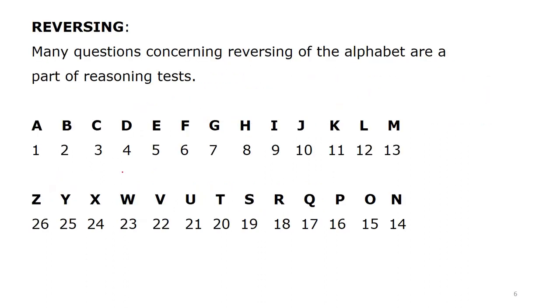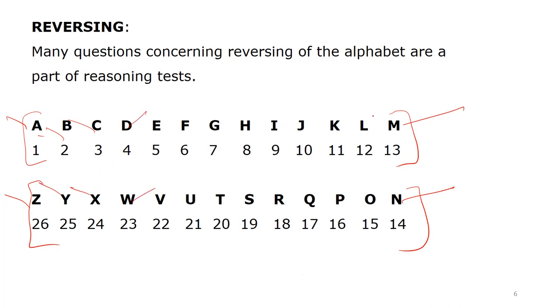What do I mean? A to M, as mentioned, is 1 to 13, and N to Z is written in reverse order, where the image, or mirror, of M is N. Similarly, A is Z, B is Y, C is X, D is W. Questions associated with this were already discussed in one of the previous videos on coding and decoding. To get more clarity on this kind of question, you can go for it. Clear? Very good. Let us see an example.